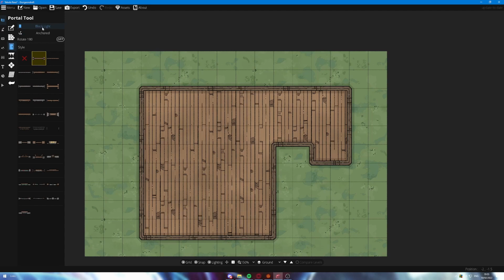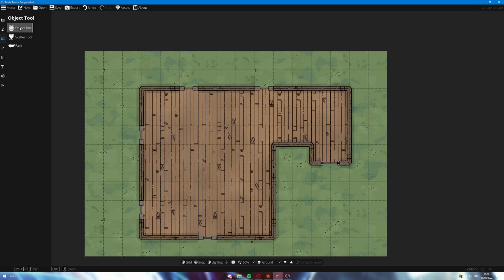and then we're going to go ahead and throw in a door. And you can see here that in Dungeon Draft you have the option to block or allow light. We're just going to leave that as block light. We're going to throw a door there, and then we're going to grab some windows and allow the light through them. And we're just going to throw a couple of those windows throughout the house,